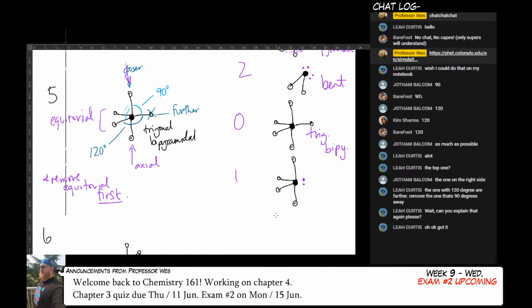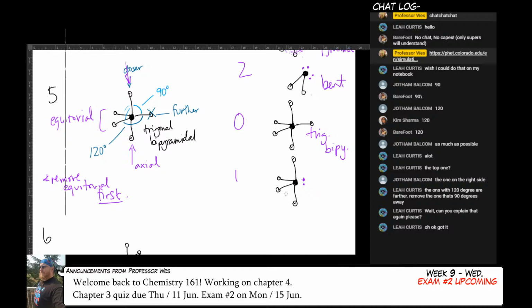And hopefully what I just said, yeah, that was what I was hoping. We're going to pick the position that has the biggest bond angle, because that gives us the most space for these electrons. Because these electrons are just going to sit here. And you can see they're kind of close to the atom. And they're going to push everything else away.